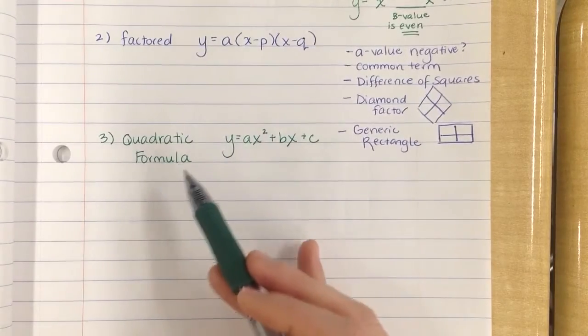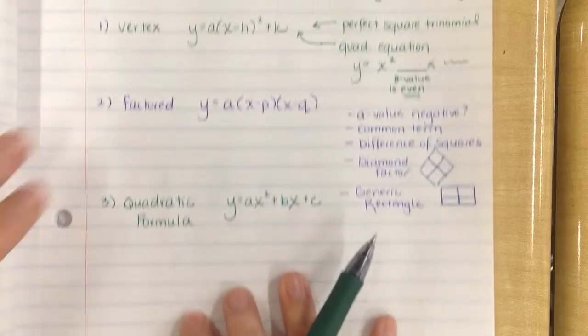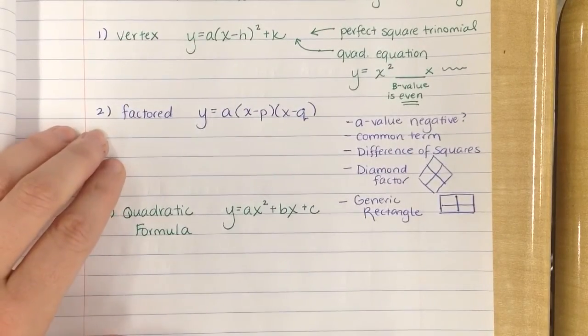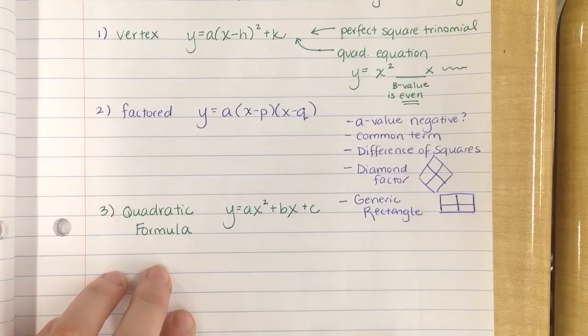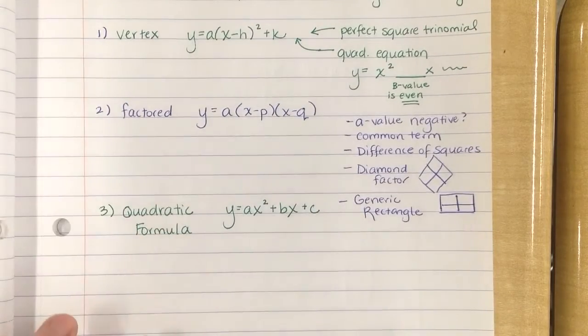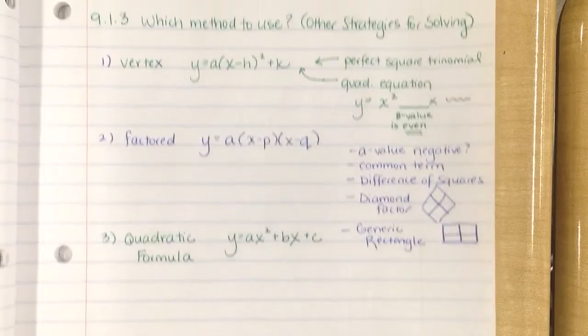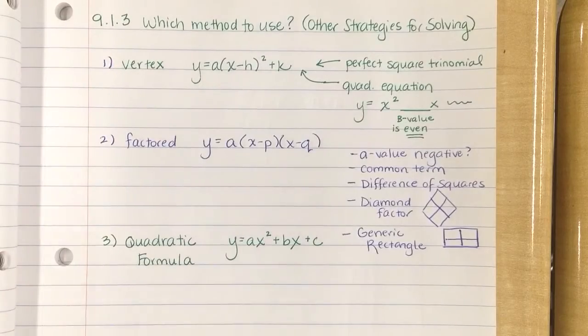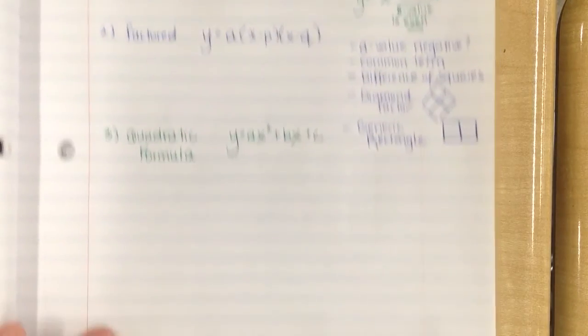Now, it should be our default method: if the vertex form doesn't work and if the factored form doesn't work, then we do the quadratic formula as our backup plan. So we're going to look at three different problems today, and we're going to talk about why we would choose to use each of these three different methods to solve these three different problems. Our first example problem